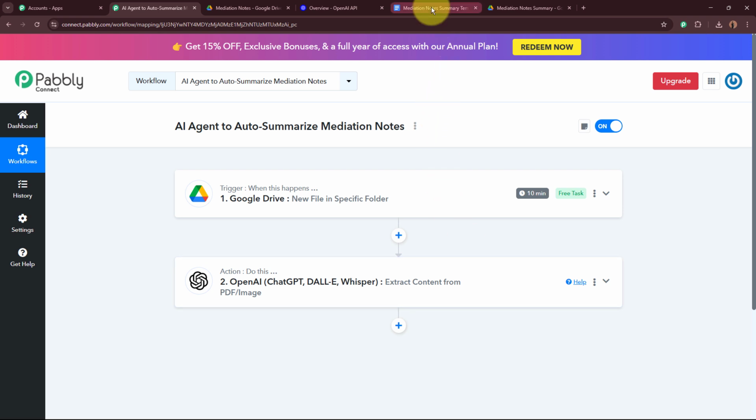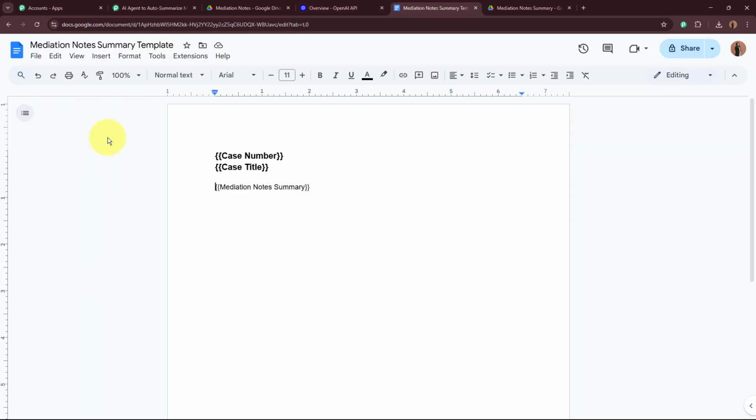For creating the document, I am going to use Google Docs. In my Google Docs, I have created a predefined template, and using this template, the documents of the mediation note summary are going to be created automatically. In the template, I've added a few values, and at the end of each, I've added 2